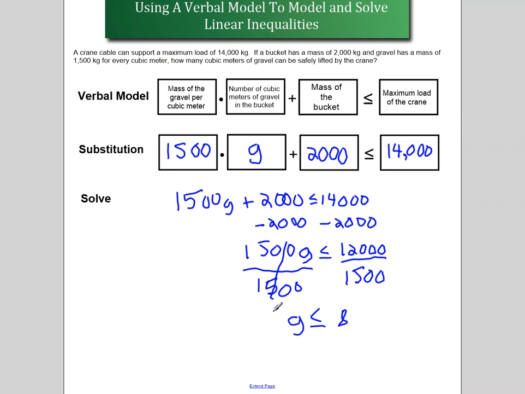So what does that mean in the context of the problem? Remember, don't just leave the equation or the inequality with the algebraic outcome. We need to write something contextual about this problem. It doesn't have to be a complete sentence, of course it can be. But in this case, you want to say, okay, the number of cubic meters of gravel in the bucket can be less than or equal to 8. So I'm going to write 8 cubic meters